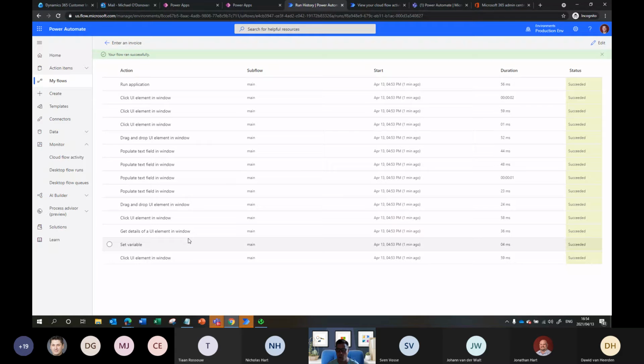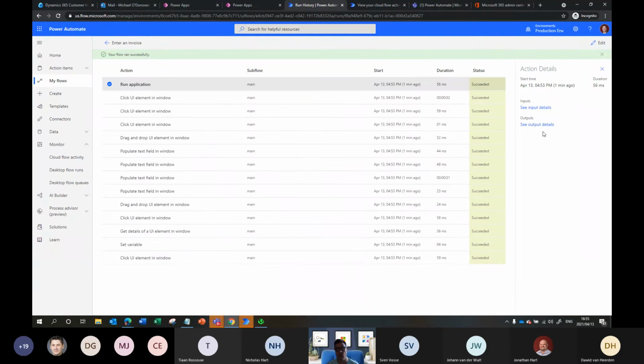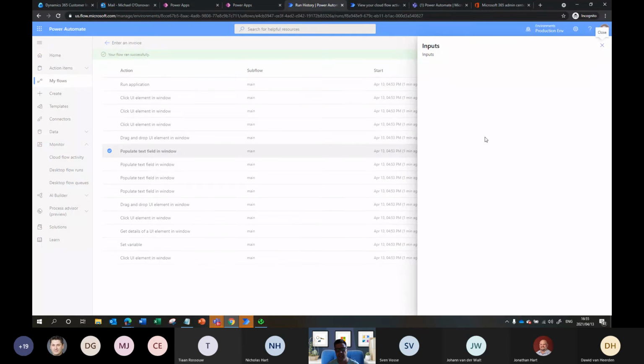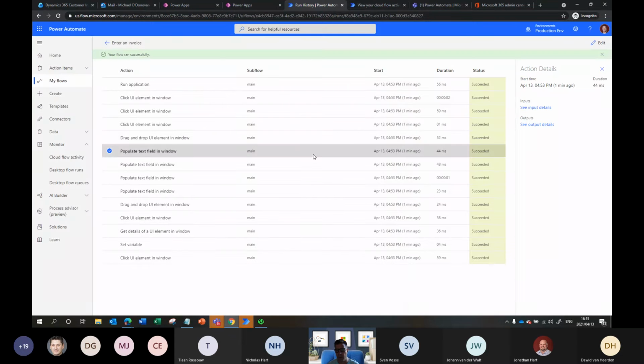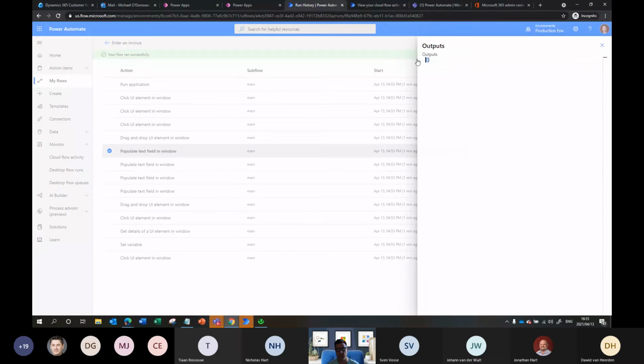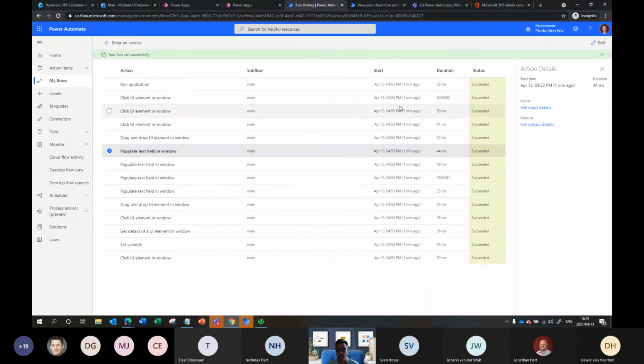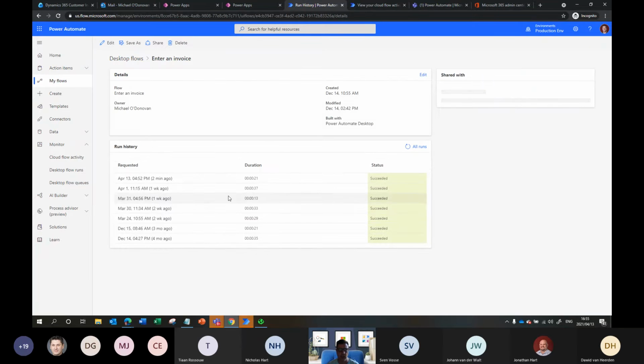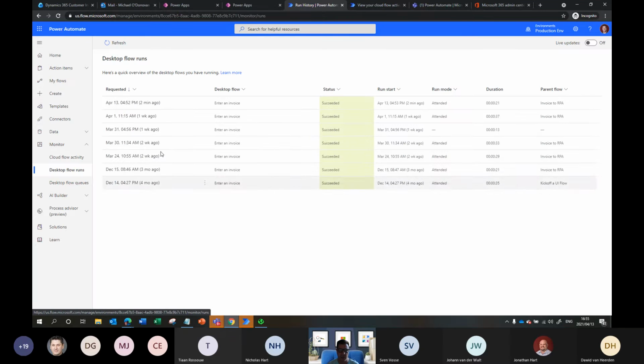These are the steps that you saw in the designer of the desktop flow, right? And for every one of them, you can also see what the input value was and what the output value was. So you can see here there was an input value of a date that was submitted to this specific step. I'm not sure there'll be an output value, no, because it was submitting it to a step. So you can start seeing exactly how flows are executing, if there's any errors, issues associated with those desktop flow runs.